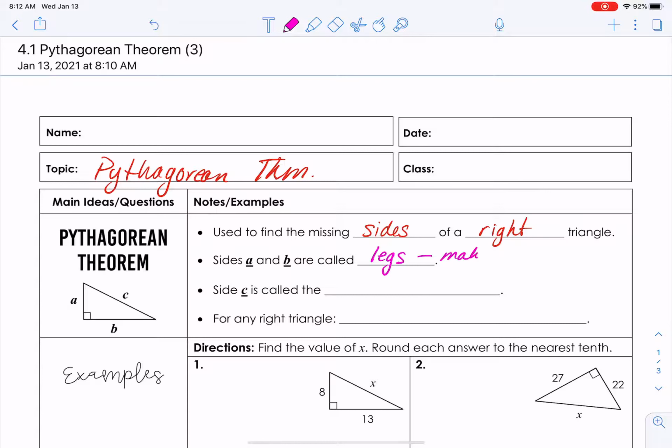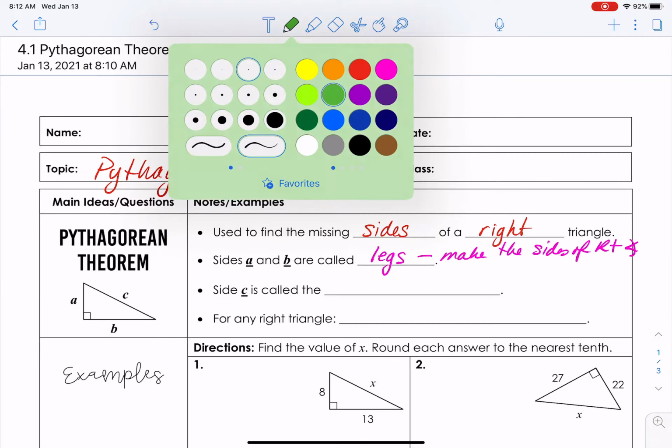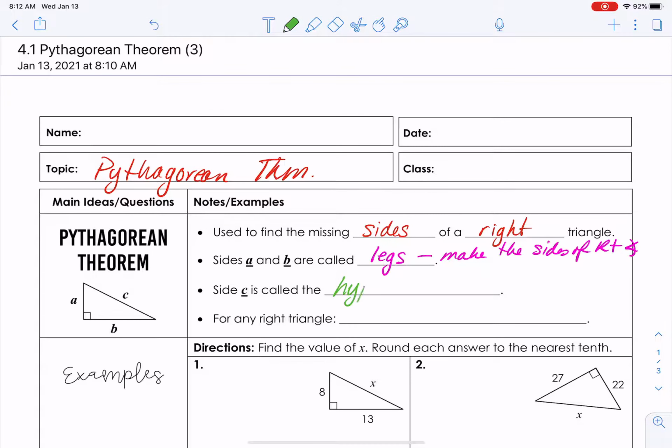They make the sides of the right angle. Side C is called the hypotenuse. It's the longest side, and it's across from the right angle. You'll see me do this frequently where we draw the angle across to identify the hypotenuse